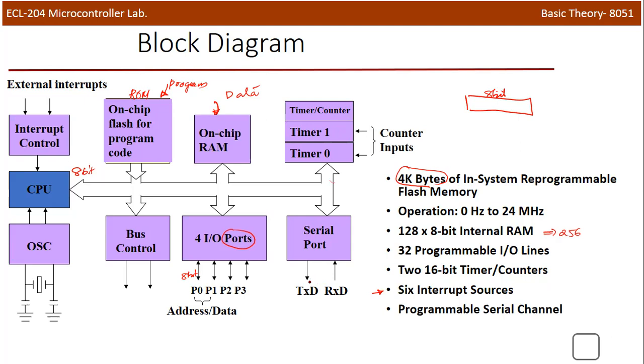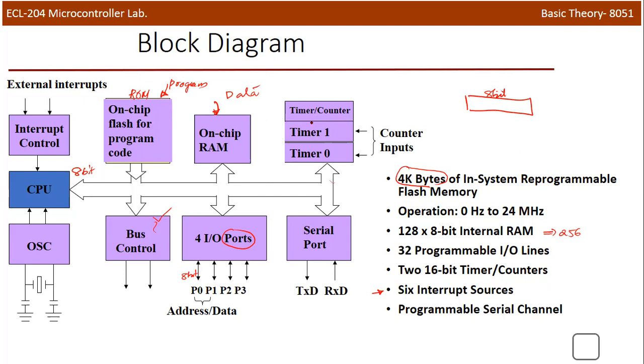data transmission. Okay. We already mentioned that the RAM size is 128 bytes and the ROM size is 4K. We can connect some external RAM and ROM in the case of 8051. There is flexibility for that. For that, we need a bus control unit. For accessing data from the external world or the external RAM and ROM unit, we are using this bus control unit.